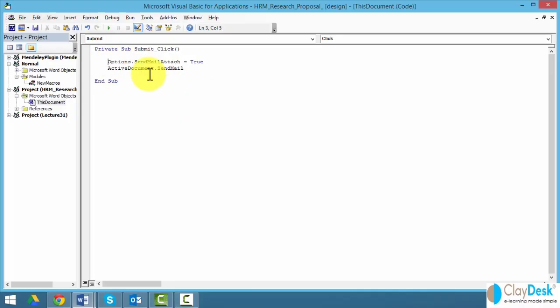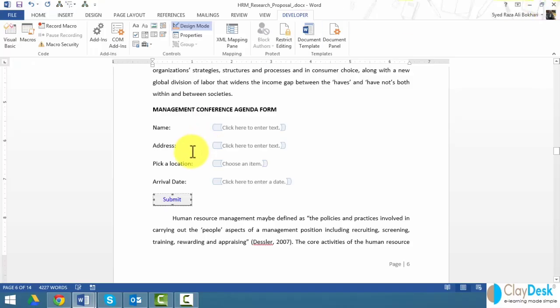Simple code. I can check it, test it, run it. I work with other tools as well, and my document is this document, so this code will relate to this document. And I've assigned it to the button because I double clicked on the button to assign this particular code to that button. So all I have to do is just close this, go out of my design mode,